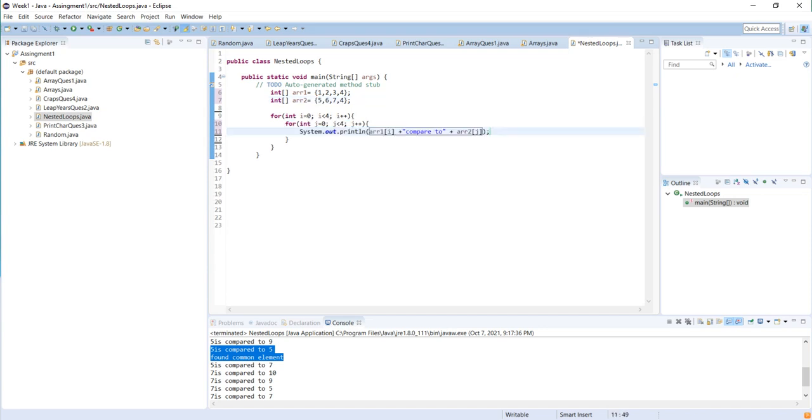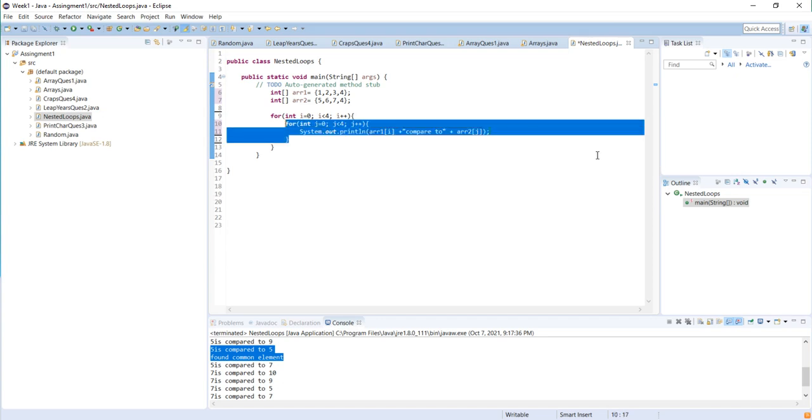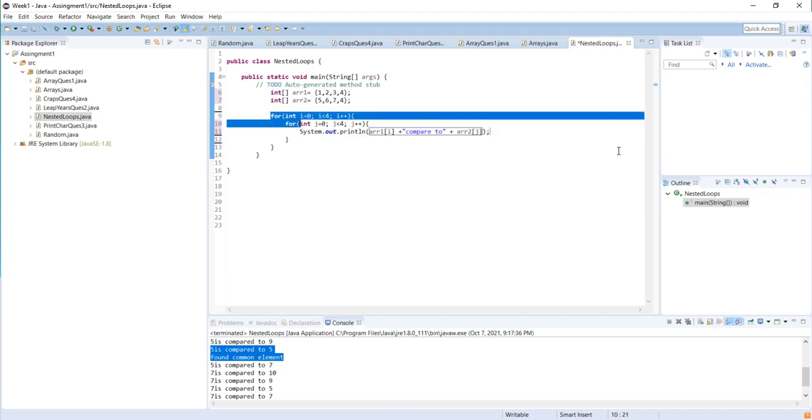Then j will increment by 1, so it's gonna shift to j's first element. So 1 is compared to 6, and then 1 is compared to 7, then 1 is compared to 4. After that, when j runs from 0 to less than 4, meaning j runs 4 times, this for loop is gonna exit, and it's gonna start again in this for loop.